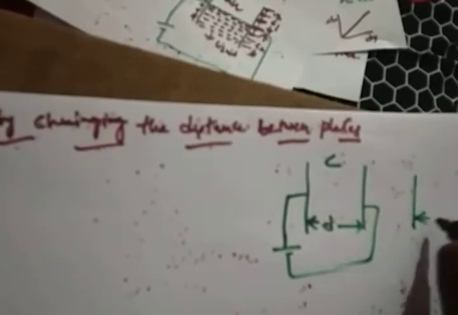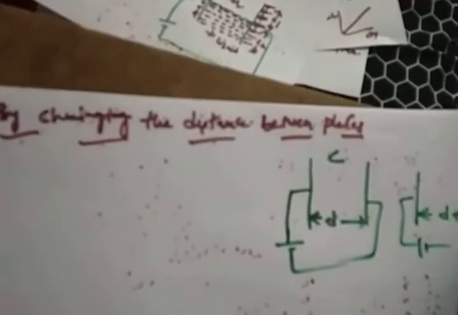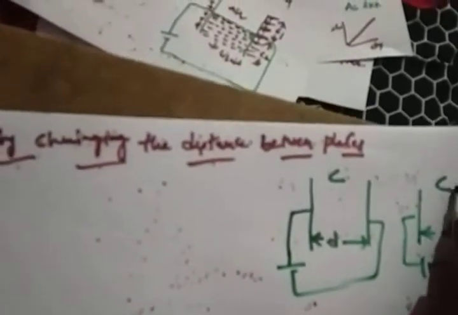If you apply a voltage, the capacitance will be C, right? So definitely you are increasing the distance, D plus x, something, right? Then you apply a voltage, your capacitance will be reducing. That means C is less than C1. That means as your distance increases, the capacitance value reduces. Right? Here, by changing the distance between the two plates, your capacitance is going to be varying. So that is a concept you have.